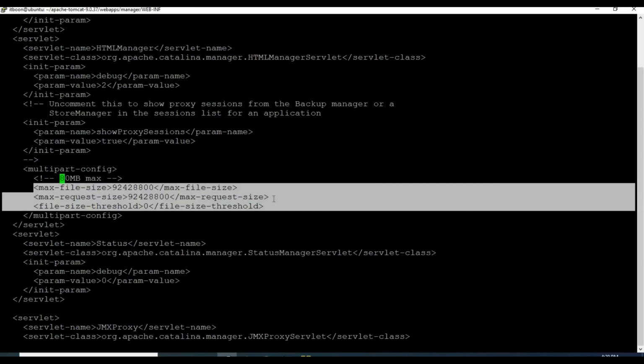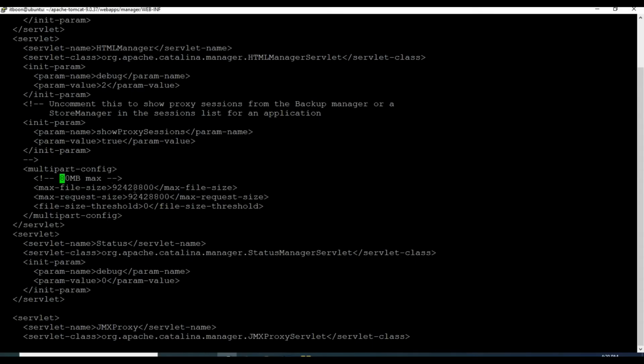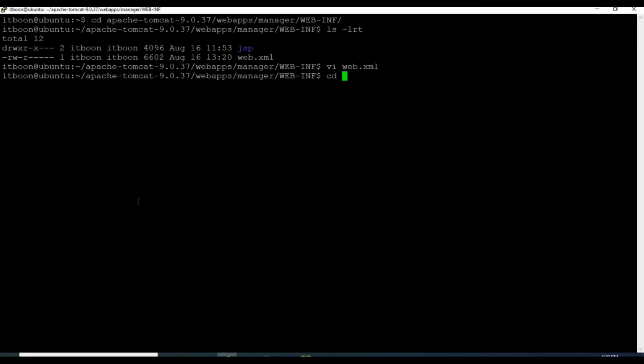I modified this file some time back to 80 MB or above. It's actually 90 MB in the settings below, so that we will be allowed to deploy files bigger than the default size allowed, 50 MB. The Jenkins file size currently is 61 MB. That's why it was not allowing us to deploy. So I have modified the config file to allow more than 80 MB now.